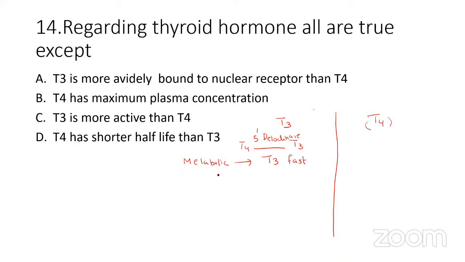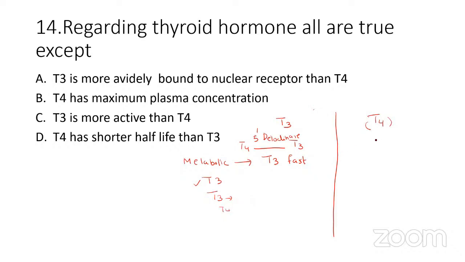And T3 is more active than T4. T3 more avidly binds to the nuclear receptor. We know that thyroid hormone acts through nuclear receptors, so T3 binds more avidly to the nuclear receptor than T4. It is metabolically more active than T4,